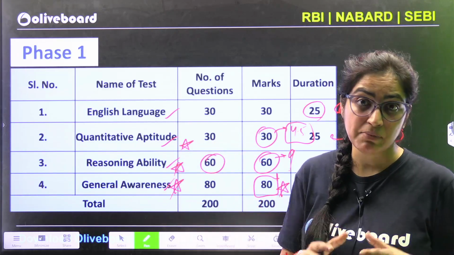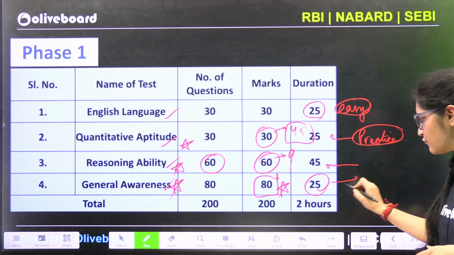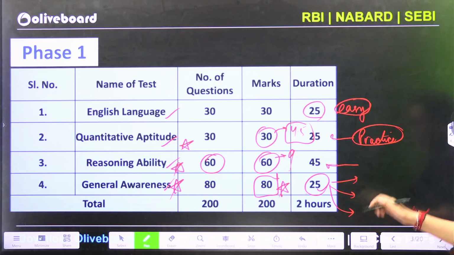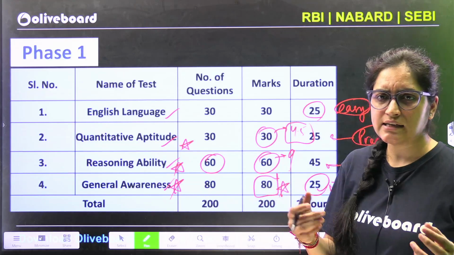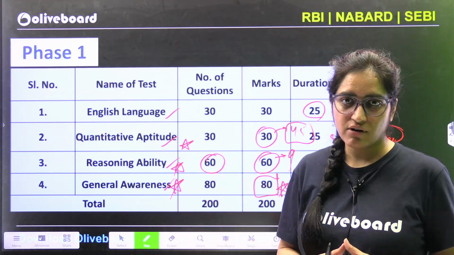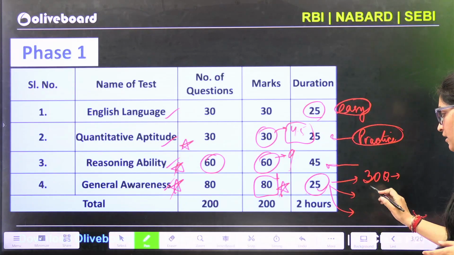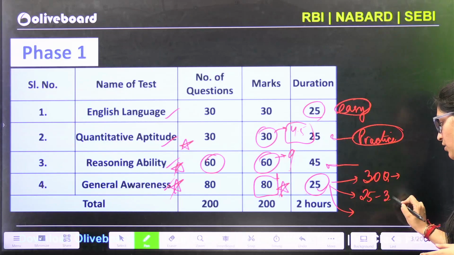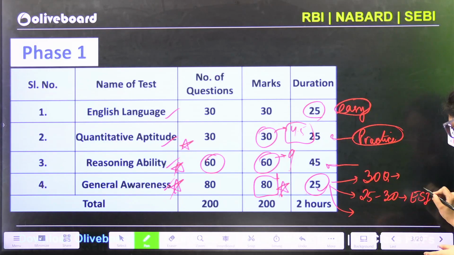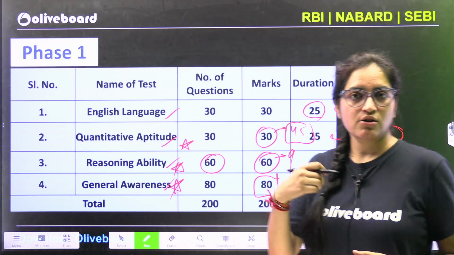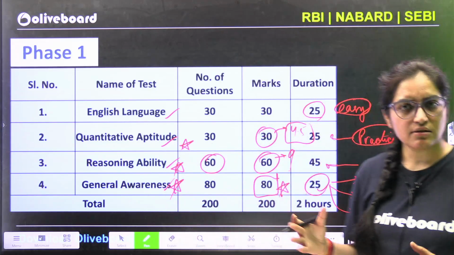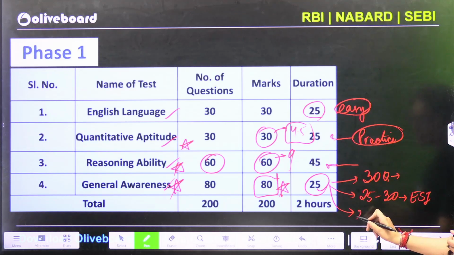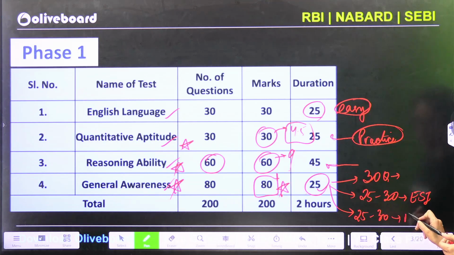If you have not read all the questions, the chances of your qualifying the examination become bleak. If I have to roughly tell you, out of these 80 questions, roughly 30 questions were from your pure GA section, that is your awards, your personalities, your sports. The rest, 25 to 30 questions, were from your ESI segment, in which reports, government schemes, various indices, union budget, economic survey questions were asked. Lastly, the remaining 25 to 30 questions were from your finance section.